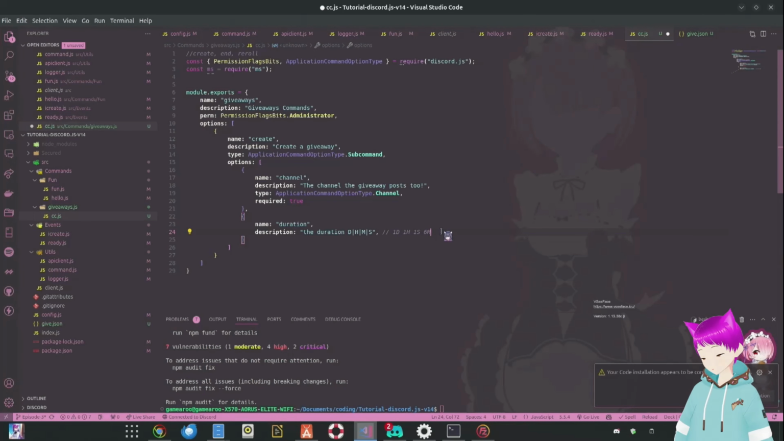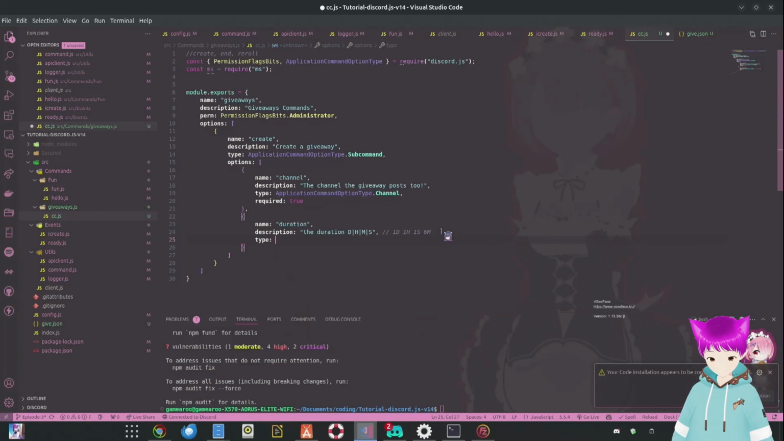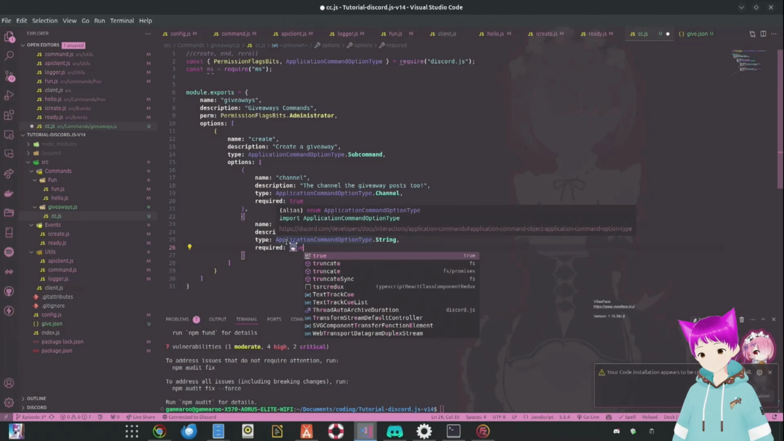Now, it can take more. Obviously, it could take milliseconds because of the way the package works. However, that's just an example of how this works. All right, type: application command option type. This will be a string for us, and this is 100% needed, otherwise you won't know when the giveaway will end. Otherwise, it's called an infinite giveaway. Alright, so now that we have the duration,